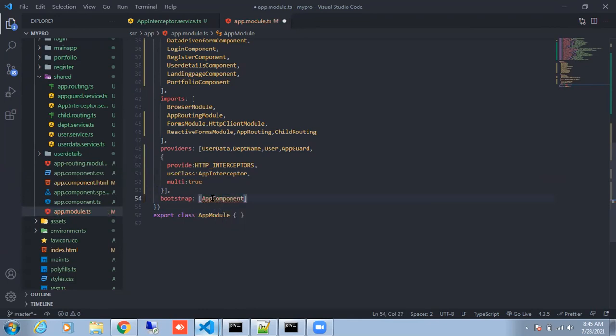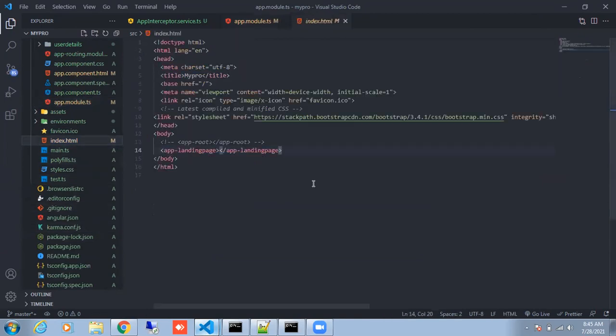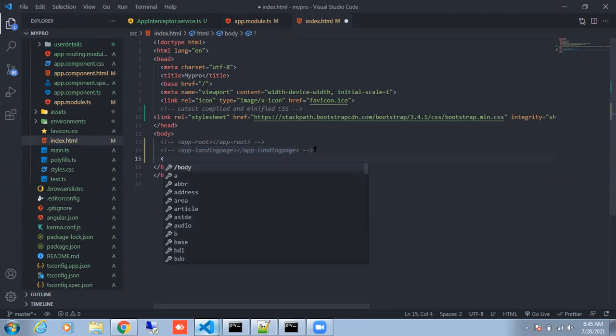Enter and go to the index.html file. Here you say app hyphen root. You uncomment line number 13 and comment line number 14. App root is already there on line number 13, just uncomment it.